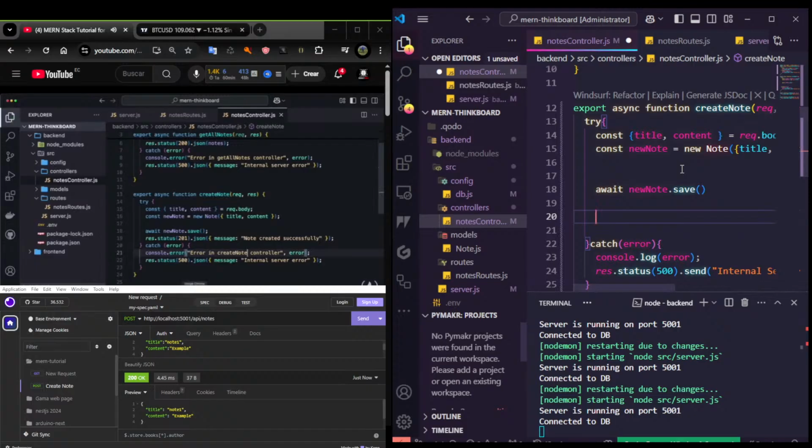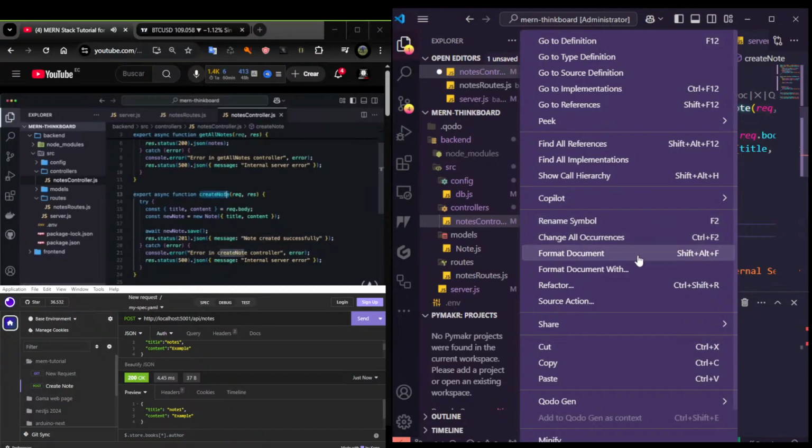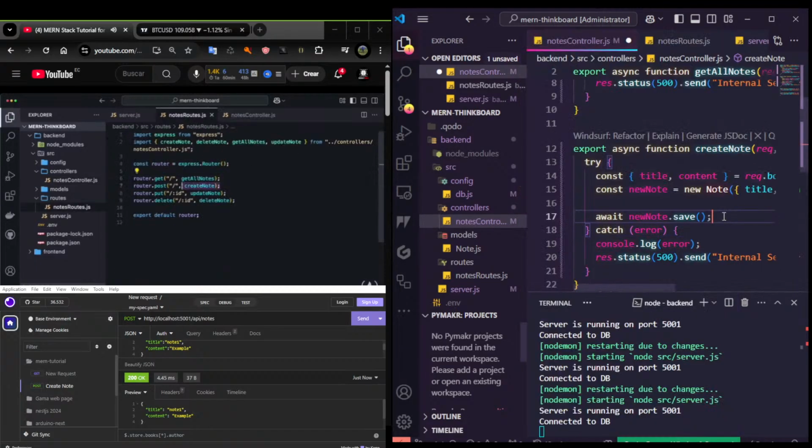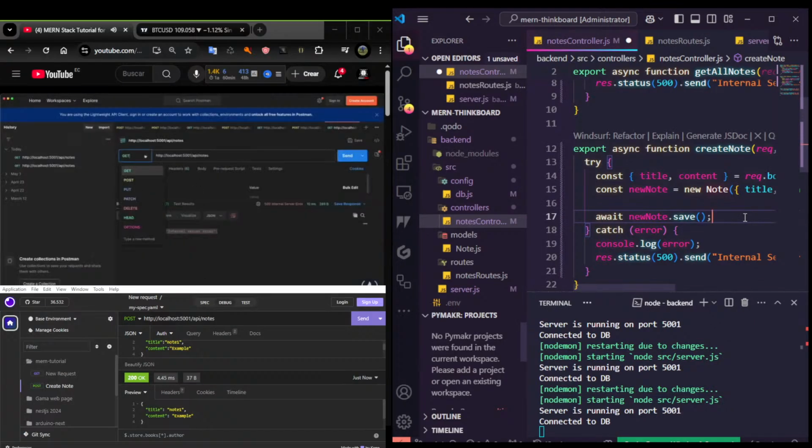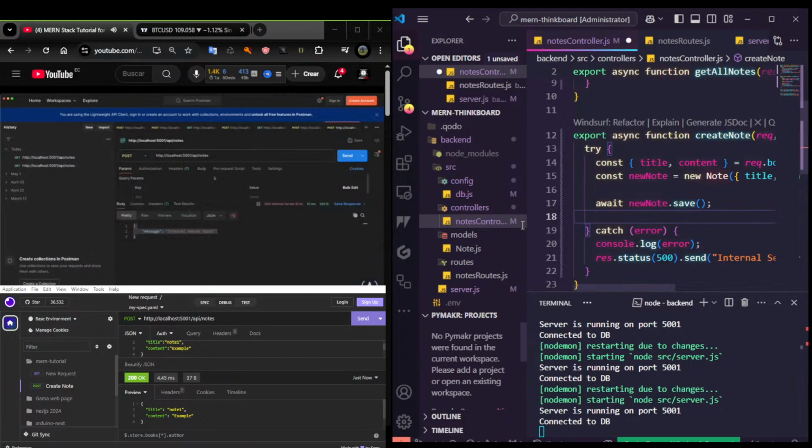Okay, let's try to see this in action. We would like to send a post request, right? If you take a look at it, it is the post request. So let's go under the Postman. I'll say post. Now we would like to send some